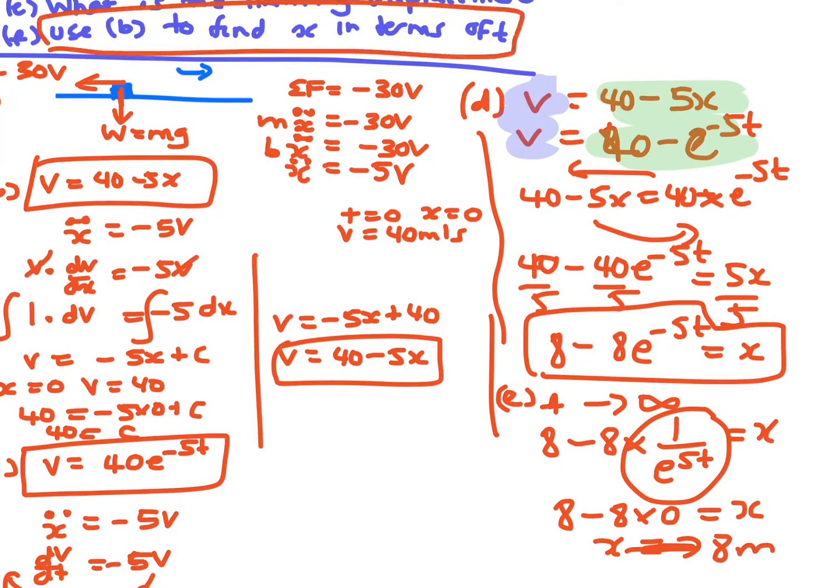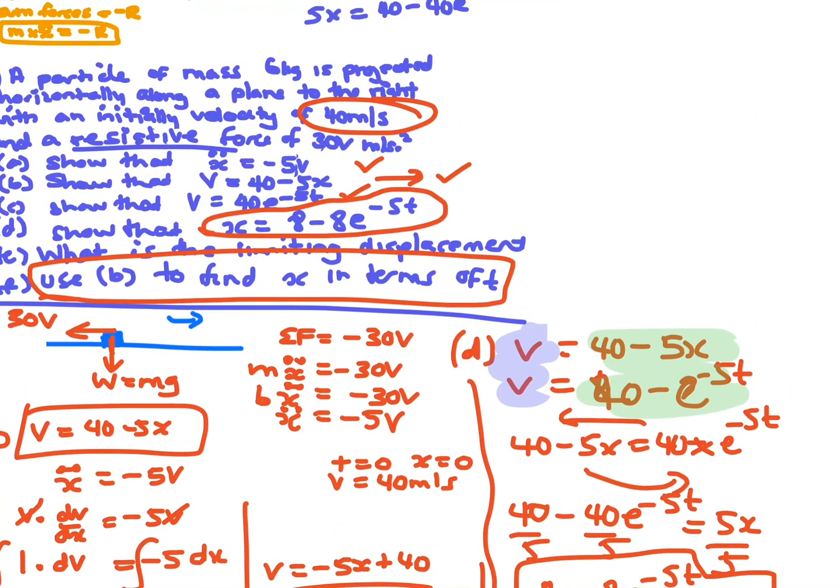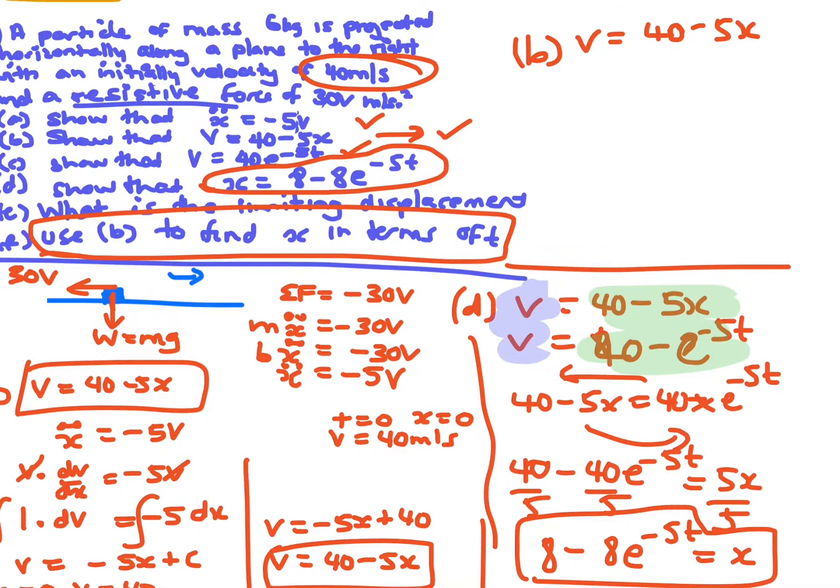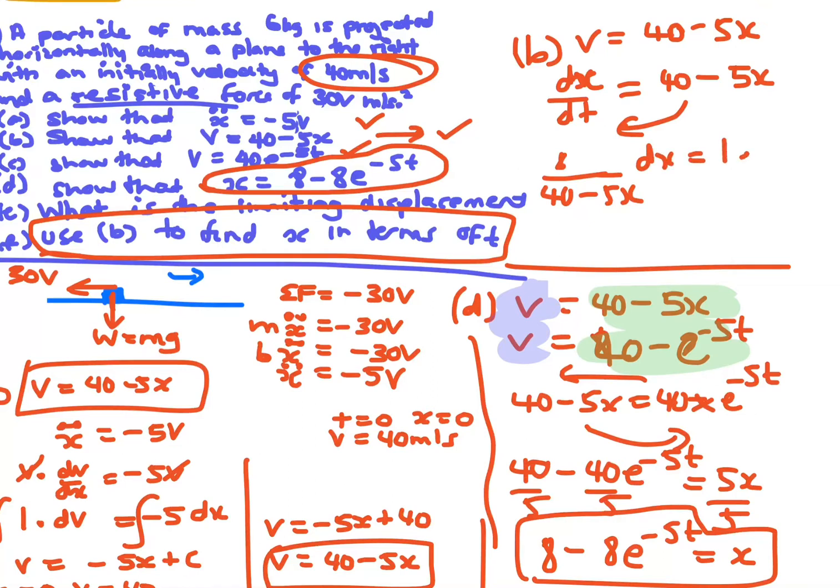Now this last part here, find b. Use b to find x in terms of t. Now b was just this one, v equals 40 minus 5x. So if I want to get x in terms of t, like I did before, but I want to use this, you're going to have to change that to dx on dt, because you want to get it in terms of x and t. Move this down here, so that would be 1 over 40 minus 5x dx equals 1